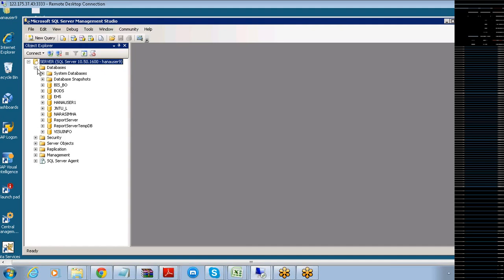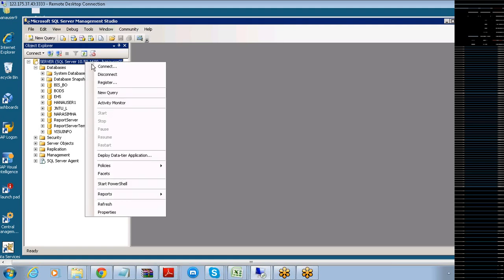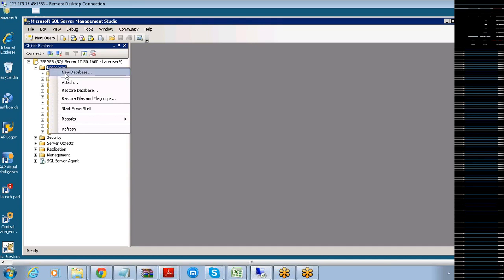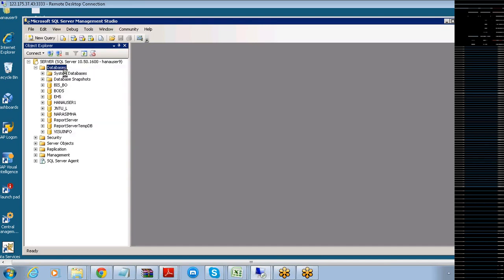Go on to this particular database. I'm going to select this one, right click, and create a new blank database.